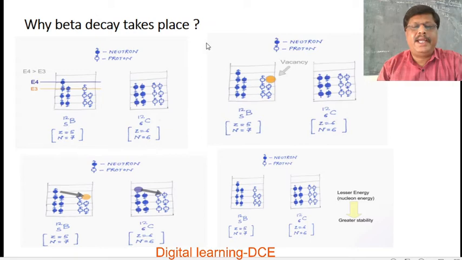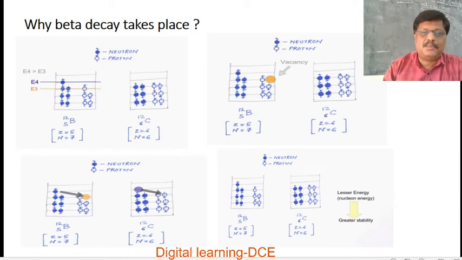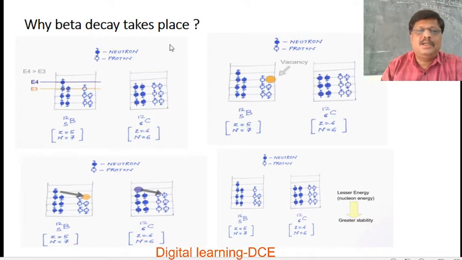Why does beta decay take place? Similar to the electrons possessing energy levels in the atomic model explained by Bohr's theory, the nucleus also possesses nuclear energy levels like this. Why is the beta particle emitted from the radioactive nucleus? You also know that radioactive nuclei are unstable. They emit particles like alpha, beta and gamma, so they come to the stable state.